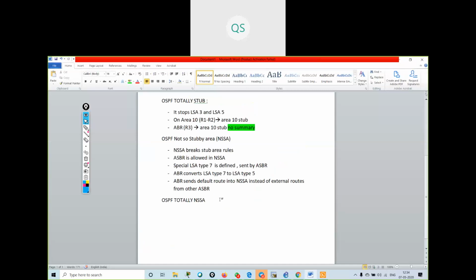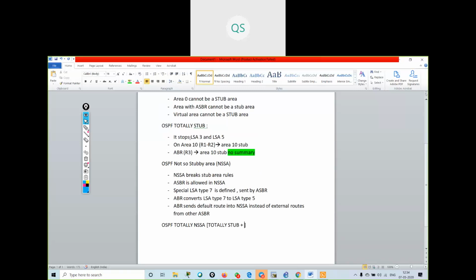It works as totally stub. What is totally stub? It stops LSA 3 and LSA 5. Stopping LSA 3 means the summary LSA, plus it will allow external routes.